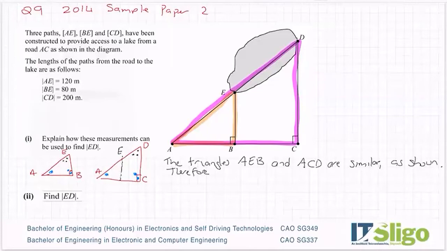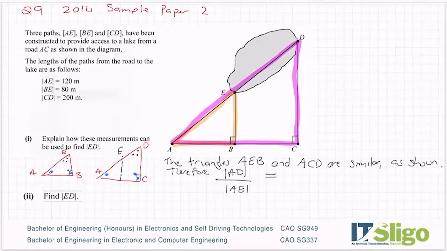It doesn't matter whether it's the small or the big on the top. I'm going to say AD, the big one on the top, the length of AD, okay, so that's that side. So what side does it correspond to in the small triangle? Well, AE